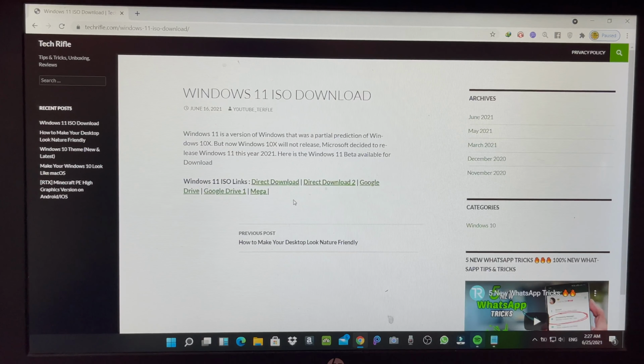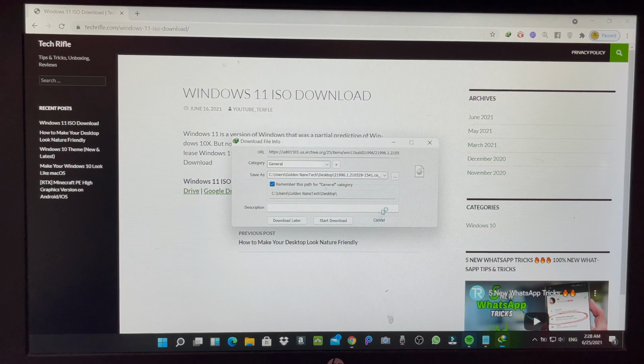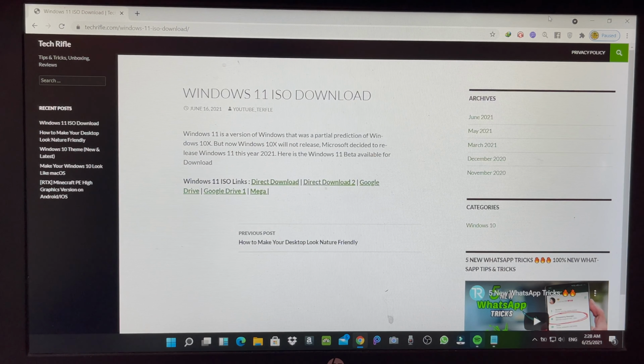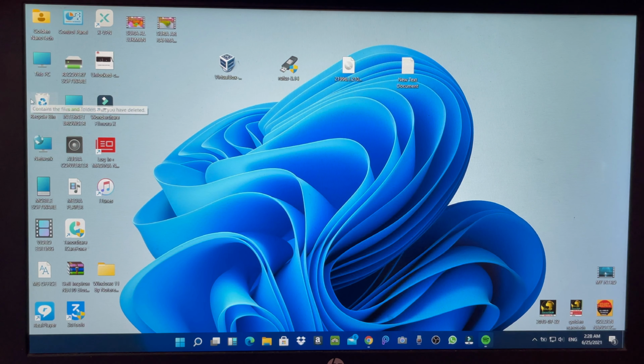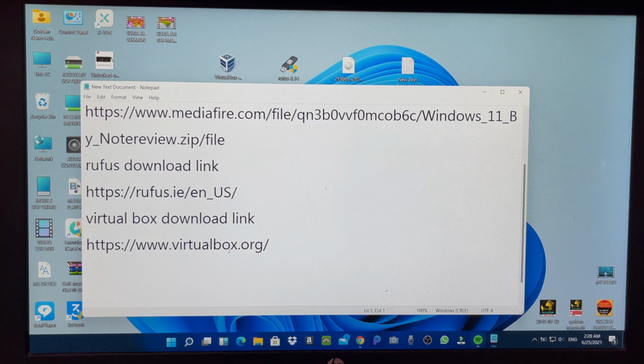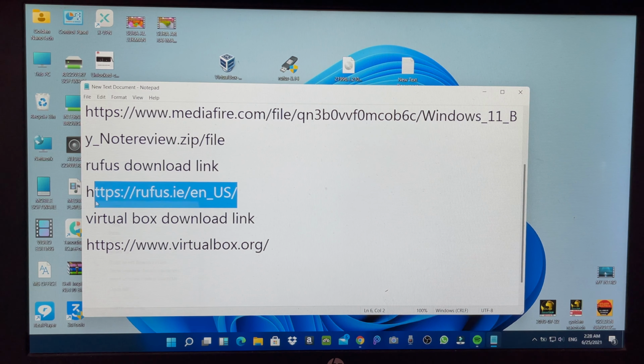And guys, see, here is the direct download tooling, Google Drive and Mega. So you can download from any website you want. Just click and download the ISO file. After download, if you install with your USB drive, if you delete all your files, go and download this Rufus file, also link in the description. Download this Rufus software from Google,